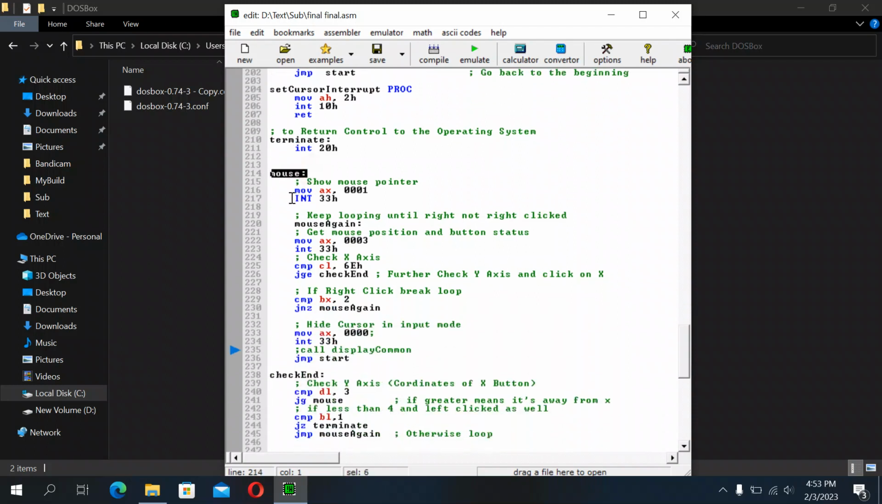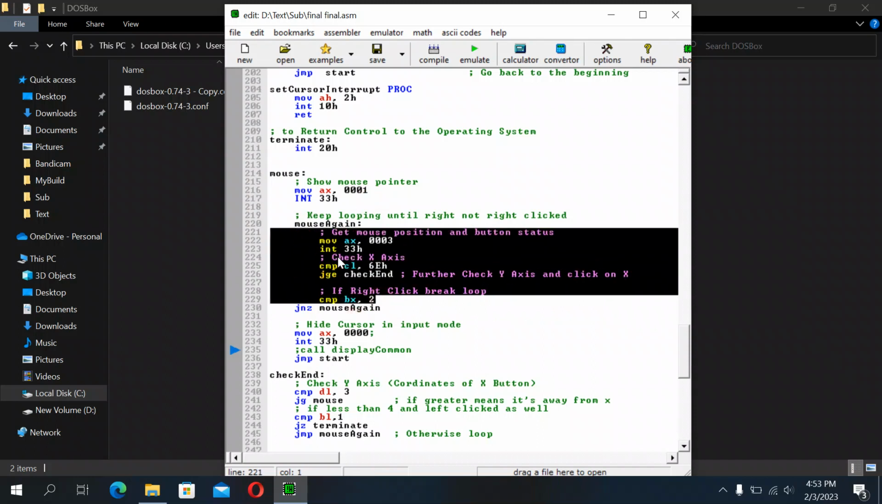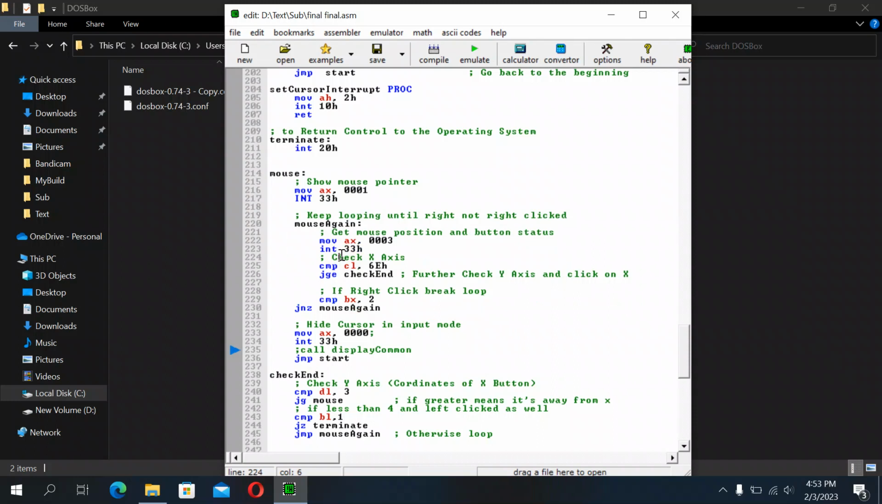And what does mouse interrupt do? First of all, it just shows the mouse on the screen. Then it just loops here. This is an infinite loop, so let me indent it a bit. This is the infinite loop. What does this do? It keeps calling the mouse position and button status interrupt, and keeps checking